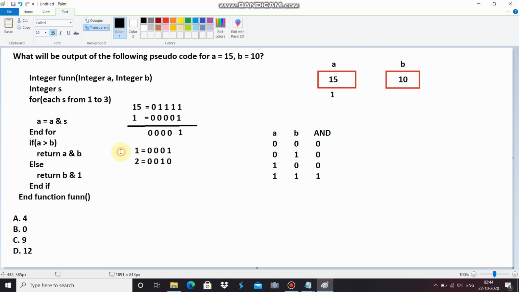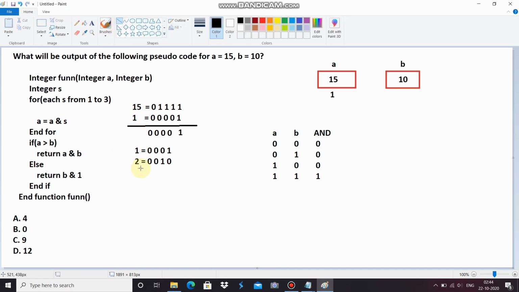Now we have to evaluate according to the AND condition. Now here no one condition is true, so the output will be 0.